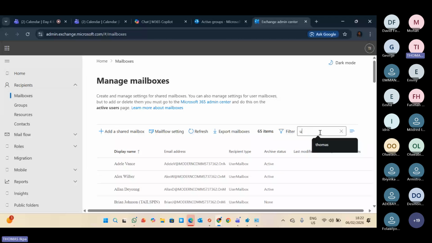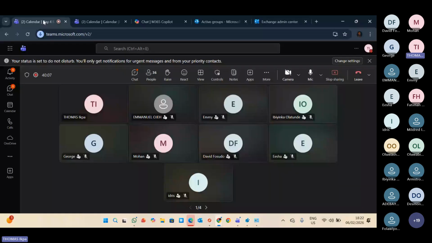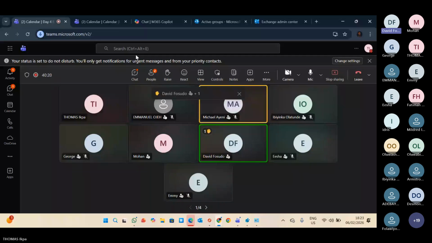So before I continue, can somebody tell me how did I say I can get access to somebody's mailbox as an admin? How can I do that? How can I get access to a mailbox as an admin? Okay, David. I think you said if you are the owner of the mailbox, you have the right, so you add